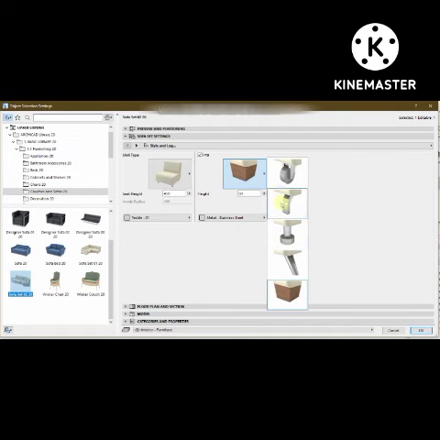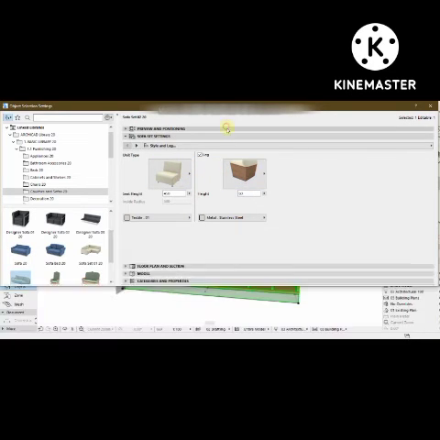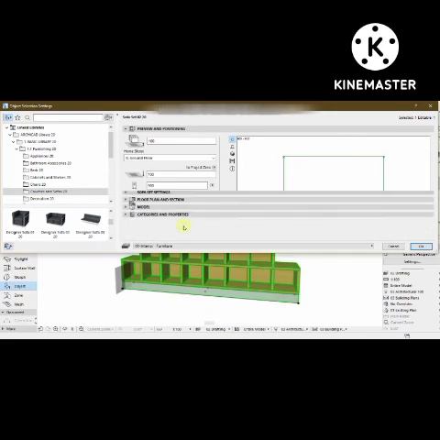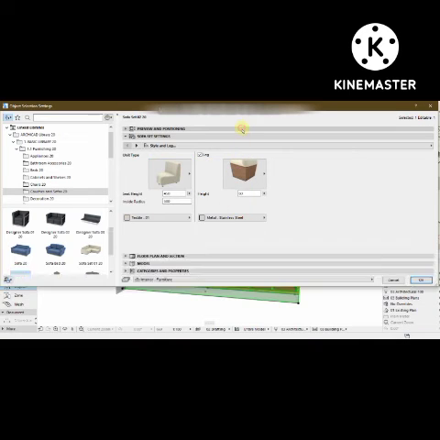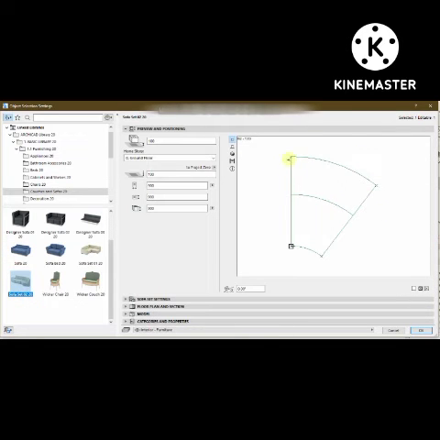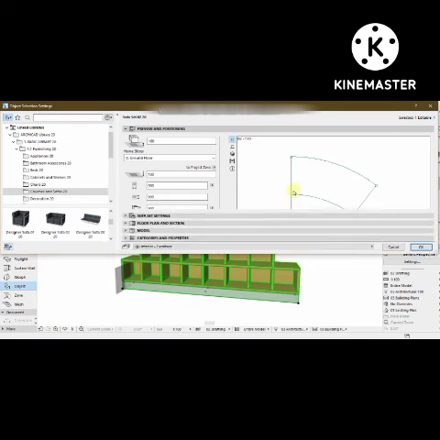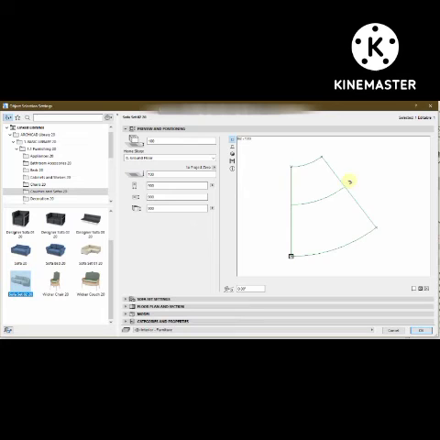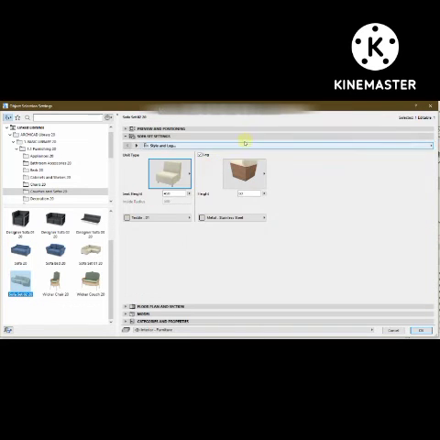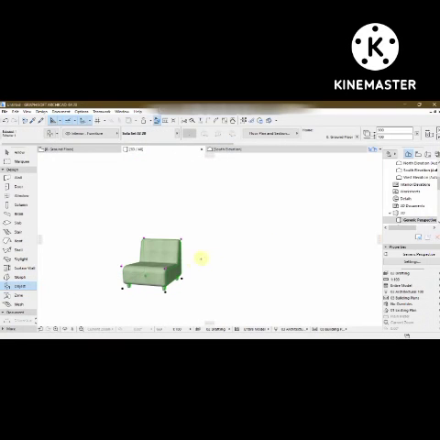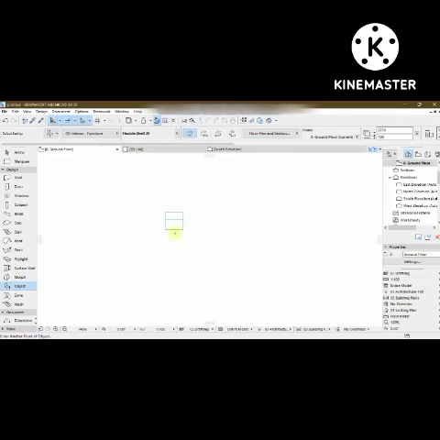Now you can select the leg type. For this one, look at the floor plan: this one is just a box, this one is the one that is curved inside, and this one is the one that is curved outside. You understand? Outside curve. So that is that. Let me make a quick walkthrough of this one, if time permits. This is it. Then you can select this one,